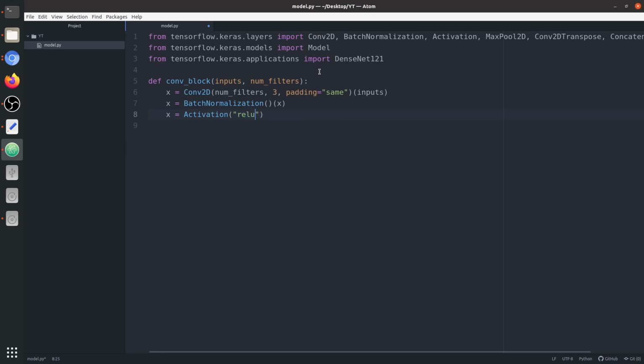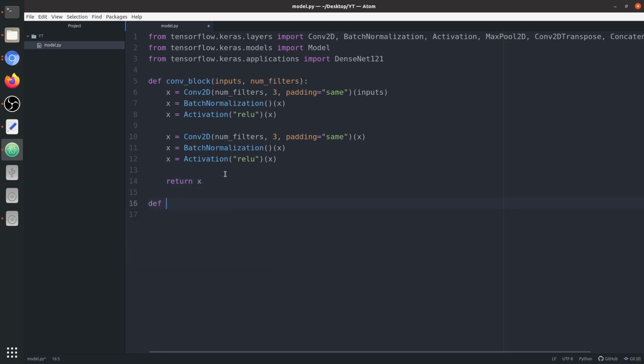Maybe, if you know any architecture where we don't use batch normalization, you can comment that down so that we all can also know. So now we have these 3 layers: convolution, batch normalization, and the ReLU activation. We're going to copy them and paste them again because we need them again. Now we're going to change the input of the second convolution layer to the output of the first activation function. So now we have two 3 by 3 convolution layers, each followed by batch normalization and ReLU activation function, and we're going to return the output of the second activation function. So we have this basic convolution block.